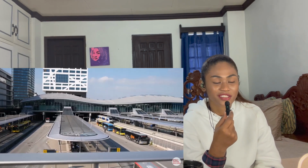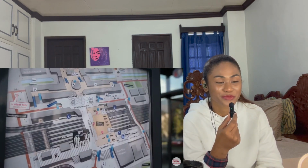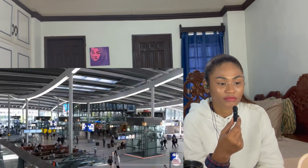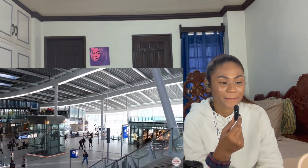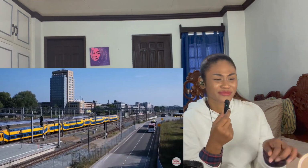Here you can see Utrecht Central Station behind me, the Netherlands' busiest train station, and what a magnificent structure it is. It looks like an airport train station. From its 21 tracks, you can catch a train to anywhere in the Netherlands. If you want to get across the train tracks, but you don't want to go through the main terminal building,